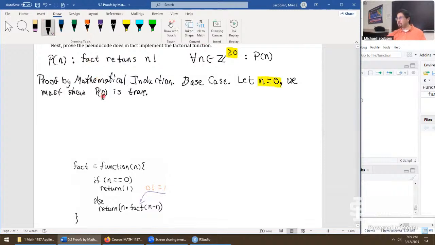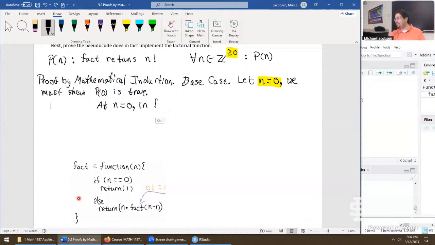Well, how do we show P(0) is true? We go down here and see exactly what happens. Let's make that happen right here. At n equals 0,